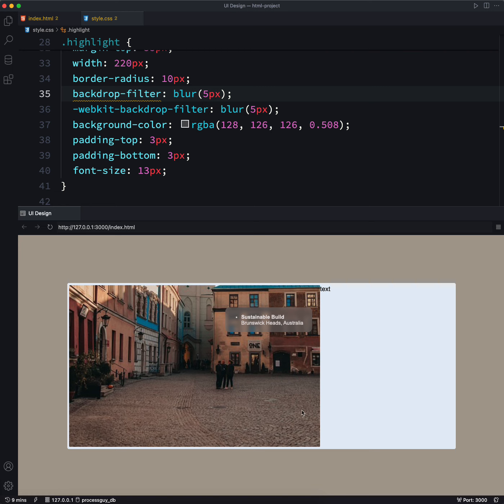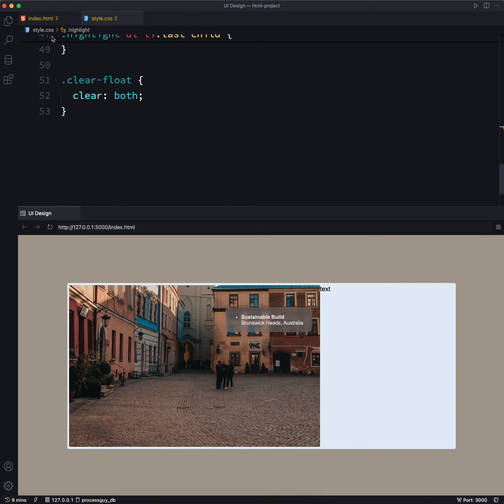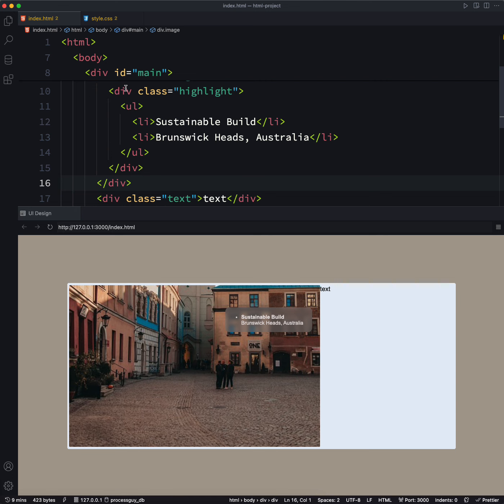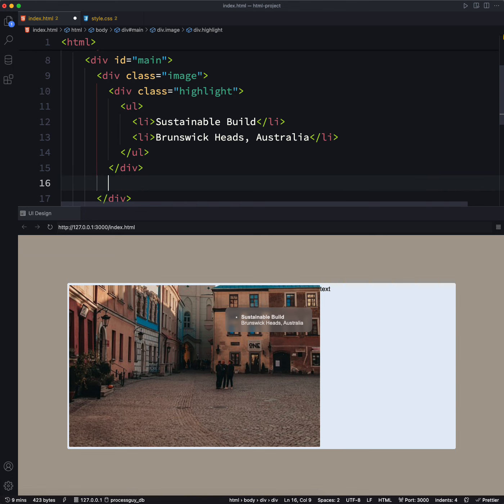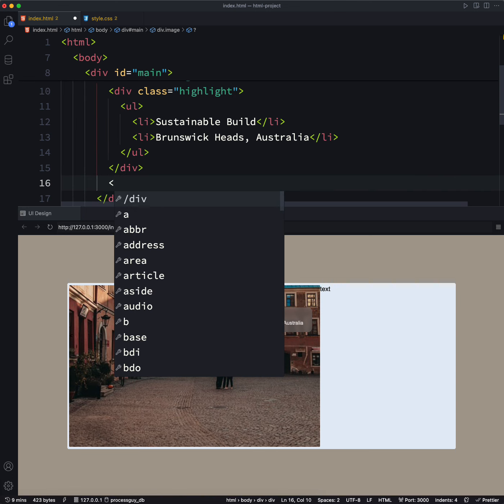Okay, so let's go to the bottom of the site, which is here. There's something underneath the site. So we need to create another element, which is here. And this time around, it's not going to be highlights. I'm going to give it another name. So we can give it